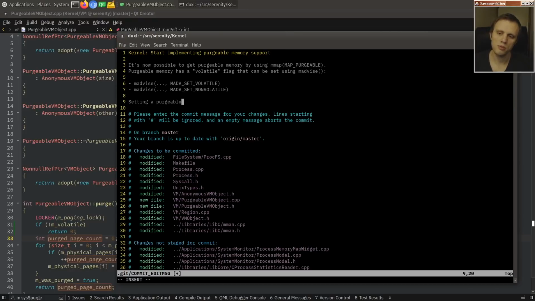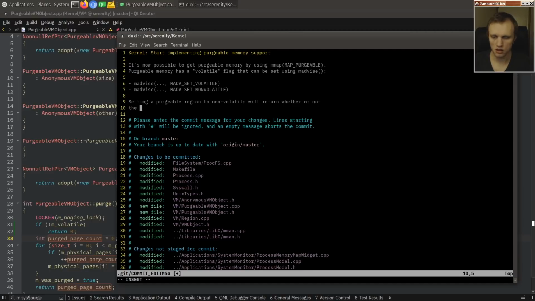Setting a purgeable region to non-volatile will return whether or not the memory has been taken away by the kernel while being volatile. Okay, so